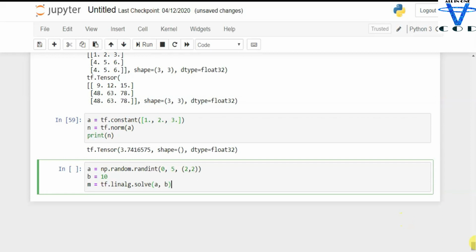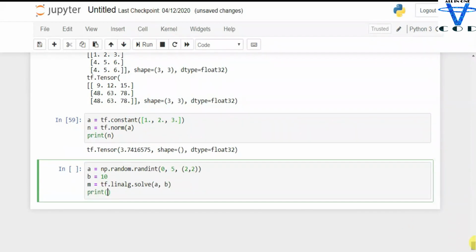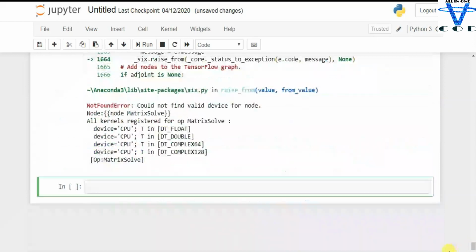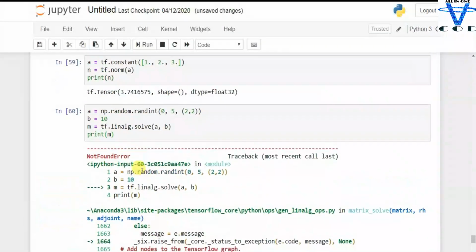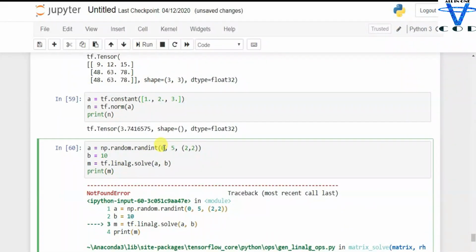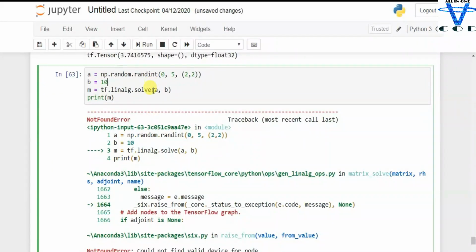Okay, let's pass the a and b. Let's print the m, so you can see what this is. Okay, we got an error, we got a CPU error. We have to pass 0., 5., 2., 2. and 10.0. Let's change the value into float a and float b.